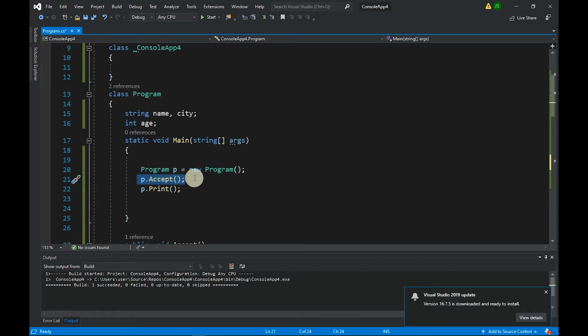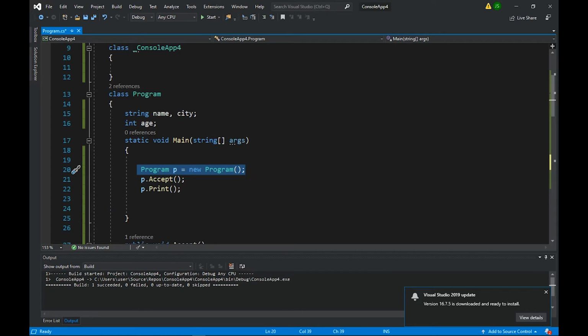In order to call the method, you need to create an object of the containing class, like we did here. So here we're creating an object of the class that contains that particular method. To call the method, you put that object followed by the dot or period operator to gain access to the method. But if it's a static method, then there's no need to create an object. You can just directly call it followed by the class name. So for instance,